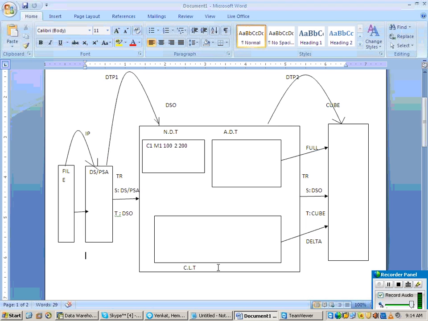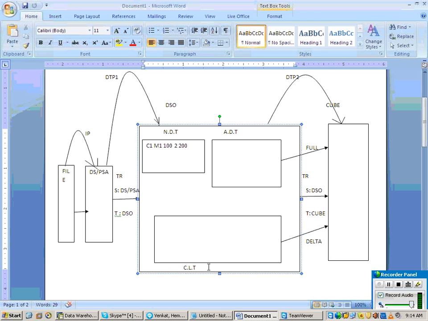Now, with this statement, can you tell me which table of the DSO is maintaining the images? There was no problem for the first time. The problem occurs from the second time, when I am getting a modified record. The second time data is coming from the change log table.